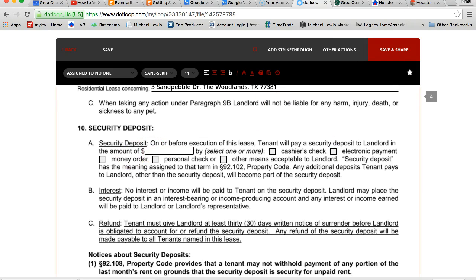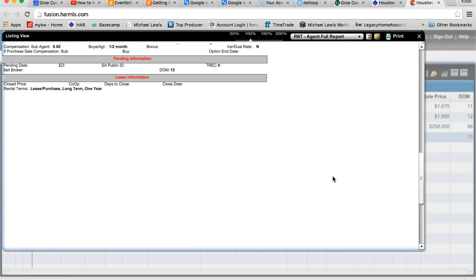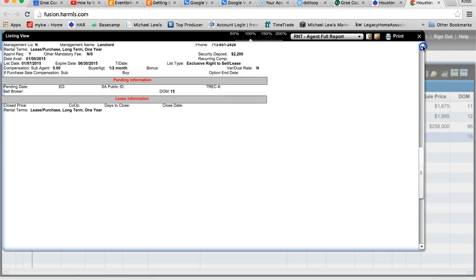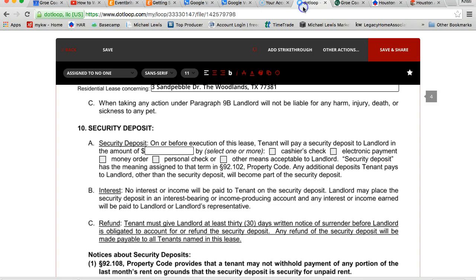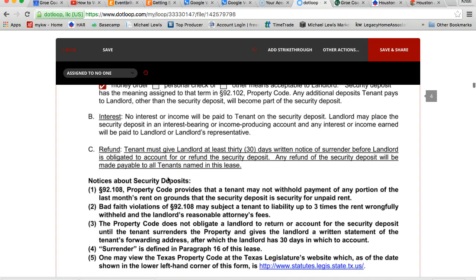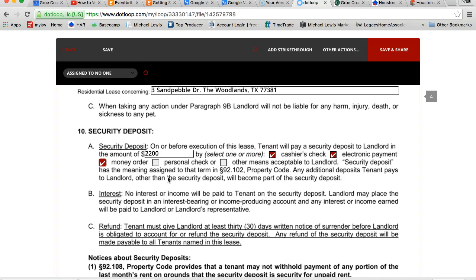Security deposit. On the sheet, it's also going to tell you how much that security deposit was, which, scroll, $2,200 right there is the security deposit. So we're going to put 2,200. It can be paid by cashier's check, electronic payment, money order. Typically, they don't like personal checks, but it's really up to whatever the landlord is willing to agree to. That first month's rent check should also probably be either a cashier's check or a money order,